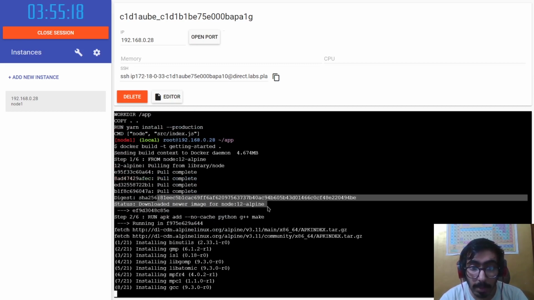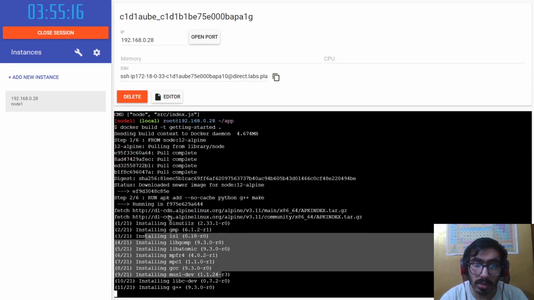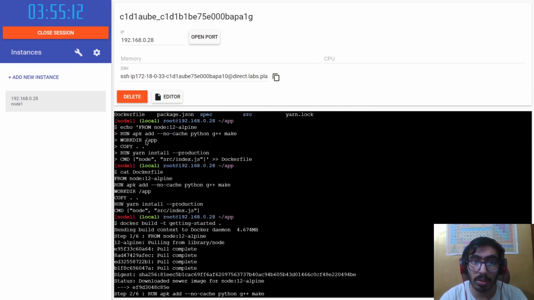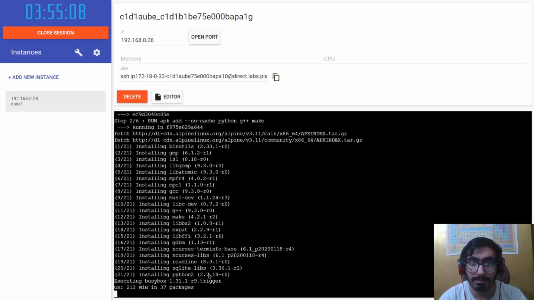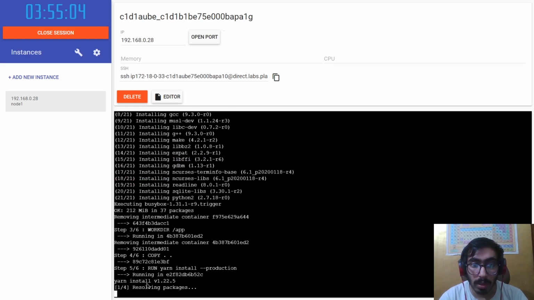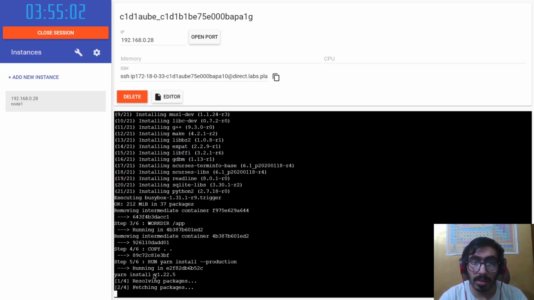It's running these commands. It's installing all these things we asked it to install. Right here, we asked it to install apk add --no-cache, Python, g++, and make. And it's doing all that. Now, it's resolving the packages.